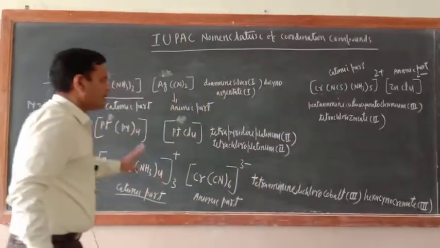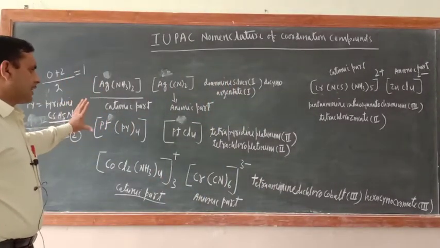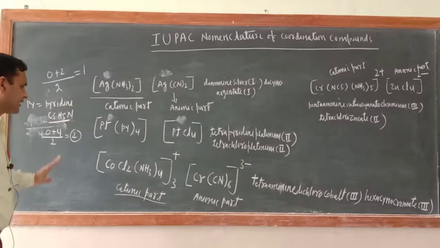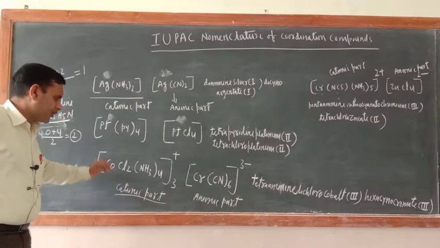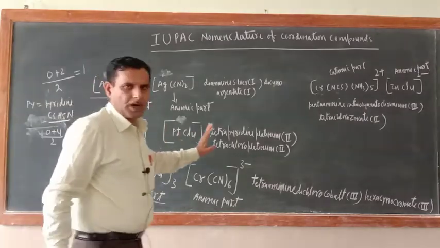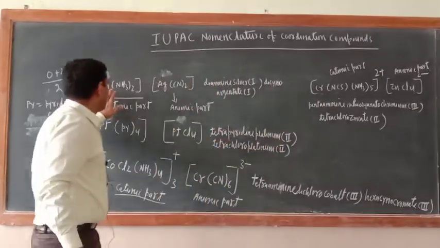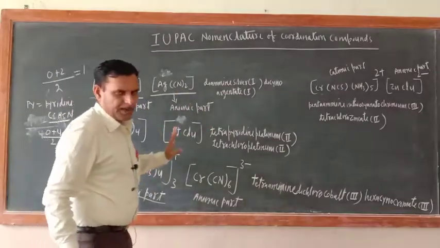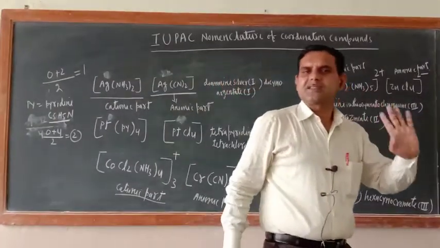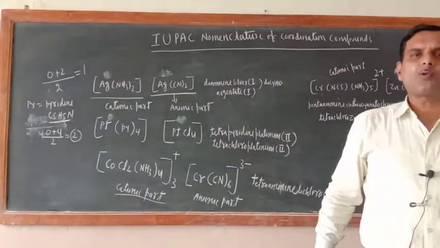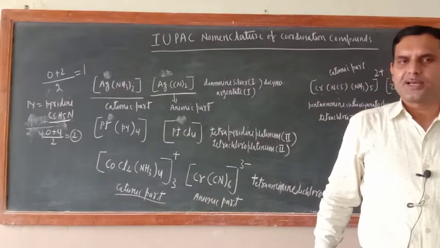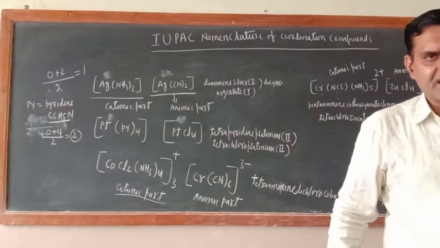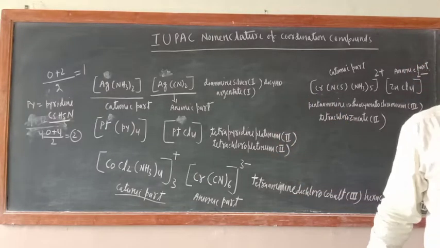Okay, so just see, they are a bit difficult, otherwise they are not difficult. Now already I told you how to distribute their oxidation number. In this way you can do it. Okay, so I hope that you have got it. Only one example is given in NCERT book, this first one example. So don't worry, this is unique in your syllabus. Basically mononuclear coordination compound is given. Dinuclear coordination compound is not given. In NCERT book one has been given, that is why I told this one also. Okay.